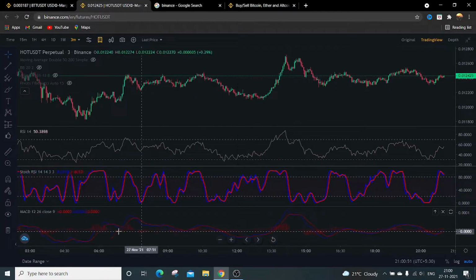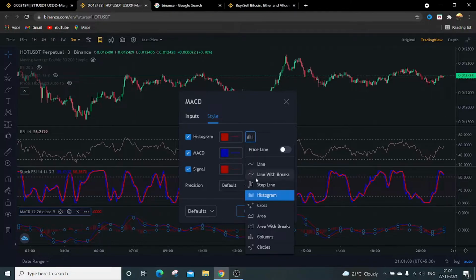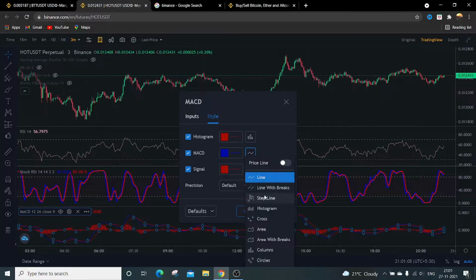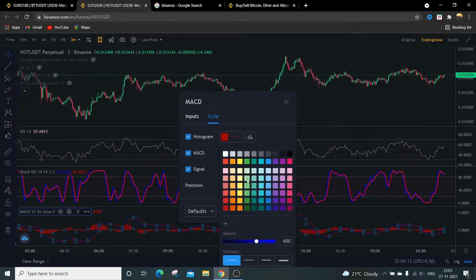Do the same with the MACD. Go to settings. You can change the histogram as well. I generally make it a column. That comes to be more brighter. Then go to the line. Keep it as a line. Make it more brighter